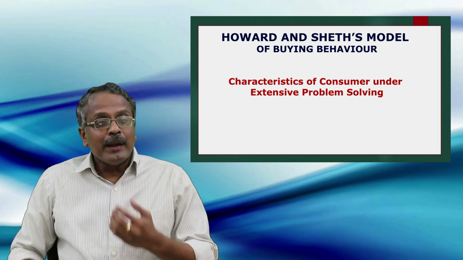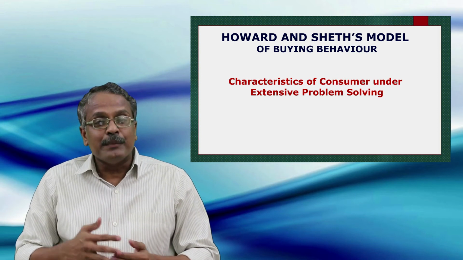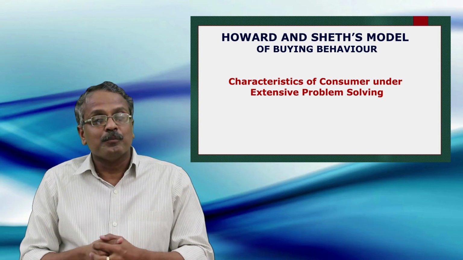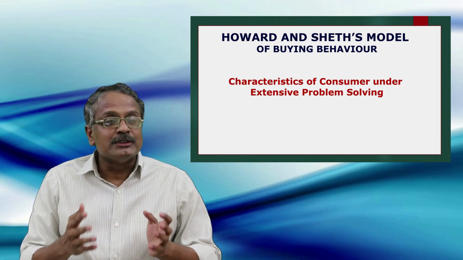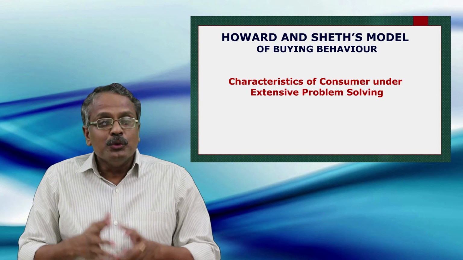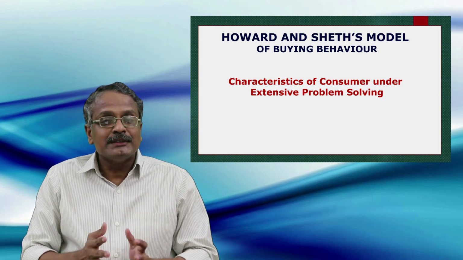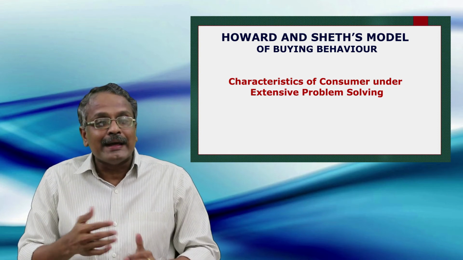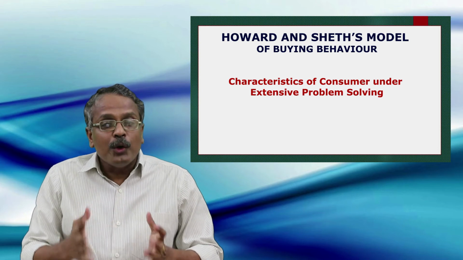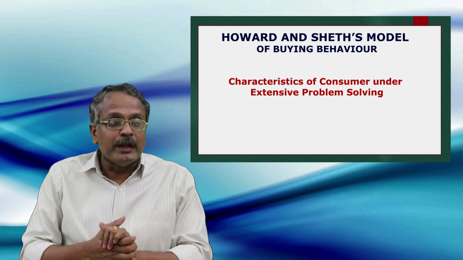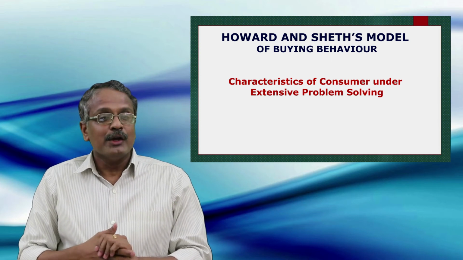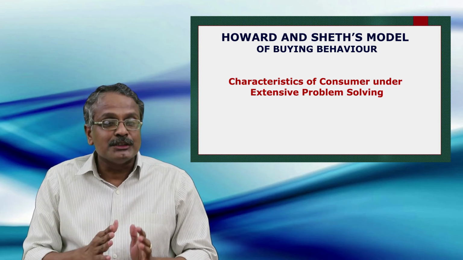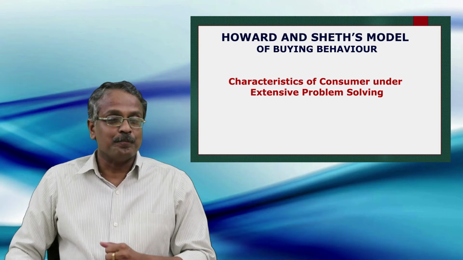We can apply this extensive decision making strategy in our example. You want to buy a two-wheeler, but you have not much idea about two-wheelers. You don't know on which basis the two-wheelers are to be compared and evaluated. You don't know how to select a good two-wheeler. In short, you have not much idea about it. Here, you can adopt the extensive decision making strategy.